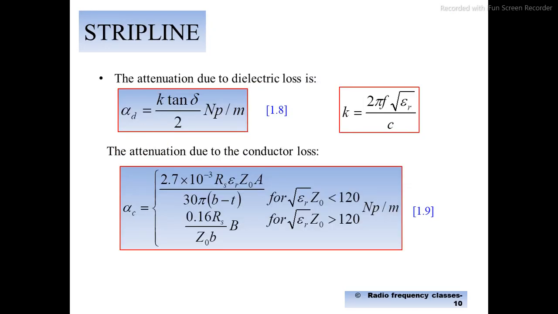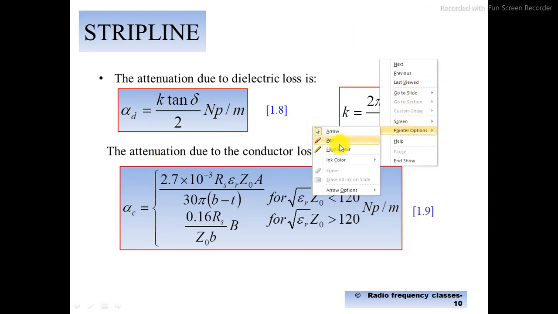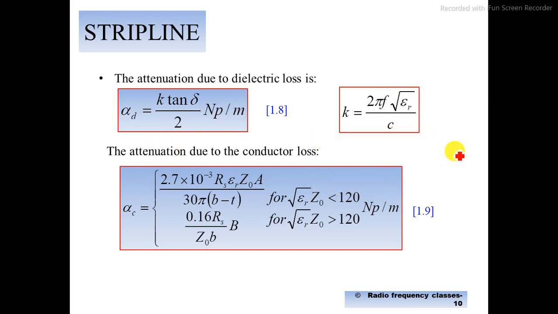When we are talking about the strip line, there is a dielectric material and a conducting material, so definitely there will be certain kinds of losses. There are two basic losses. One is called dielectric loss, or attenuation. Another is due to the conductor, the conduction loss, or conduction attenuation. One is defined as alpha d, another as alpha c. So the total attenuation for a particular strip line at a particular frequency will be given as alpha d plus alpha c.